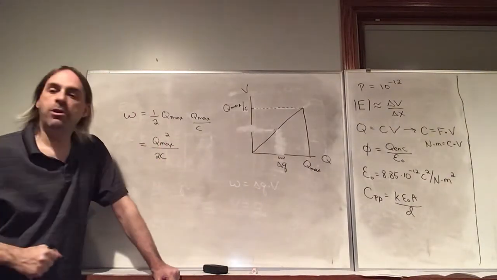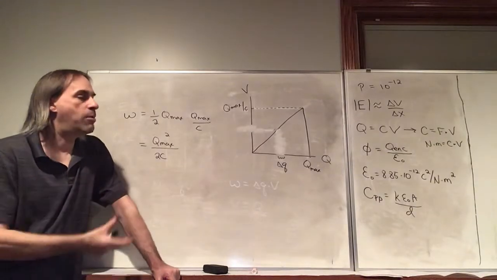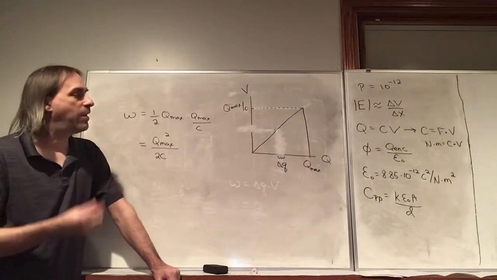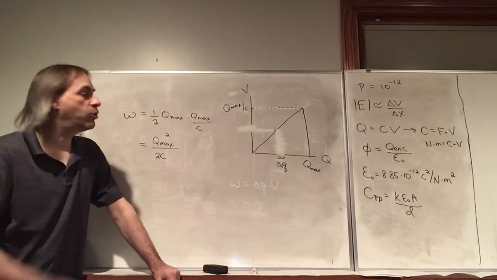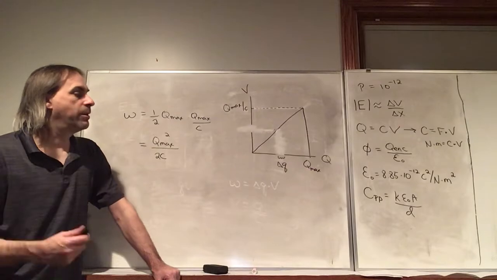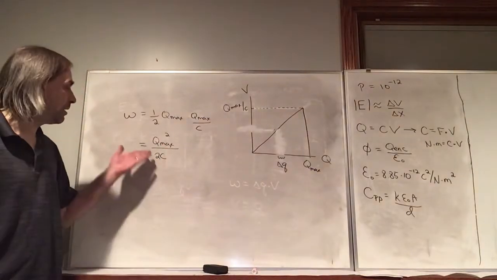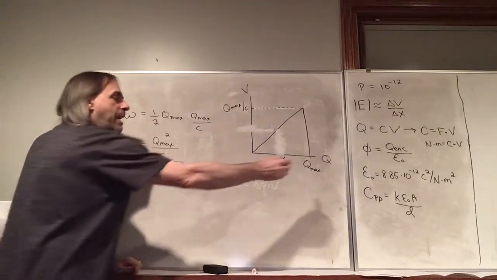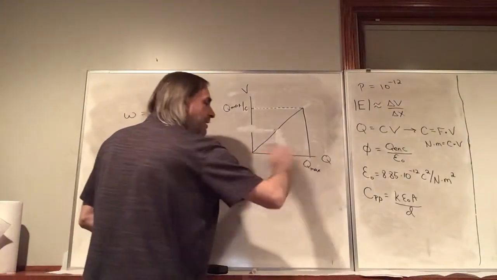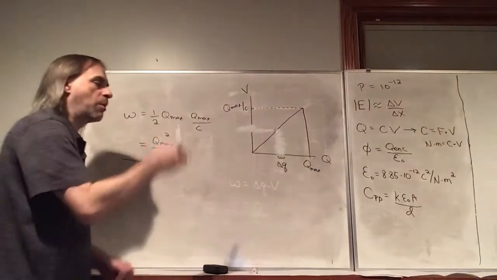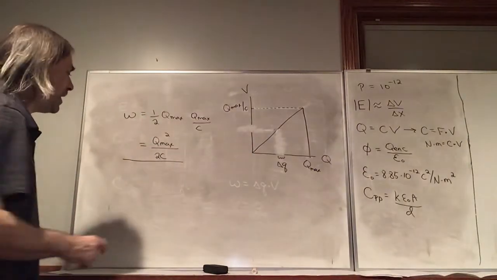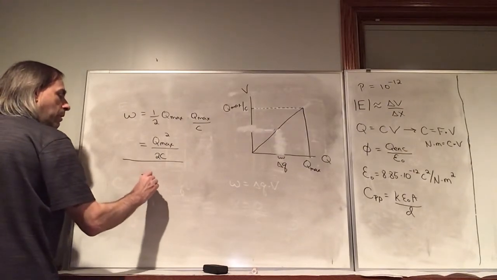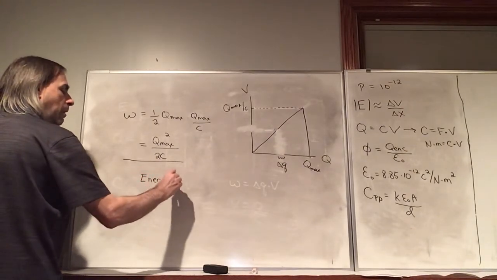That's how much work we had to put into it, but all that energy that we put into it is stored in the electric fields between the plates of the capacitors, and that could be recovered. So in general, we say the energy stored in a capacitor is, let's get rid of the max label now, because we have Q as our axes label, so I wanted to go to a particular value, so I called it Q max. But in general, the energy stored in a capacitor,